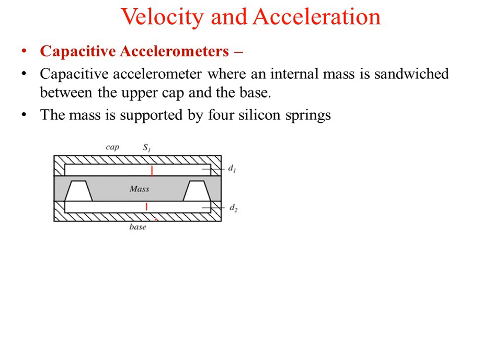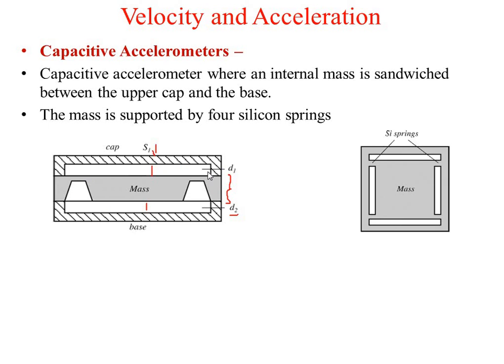So d2 remains fixed, but whenever there is a velocity or vibration, it is going to change d1, and this is going to change the distance between d1 and d2 also. So that is going to change the overall distance. The two capacitors are put like this, and two capacitors are connected in a horizontal direction.